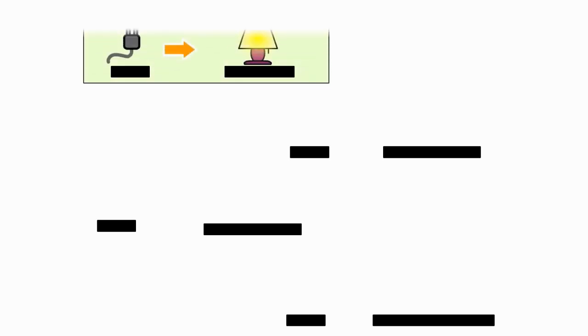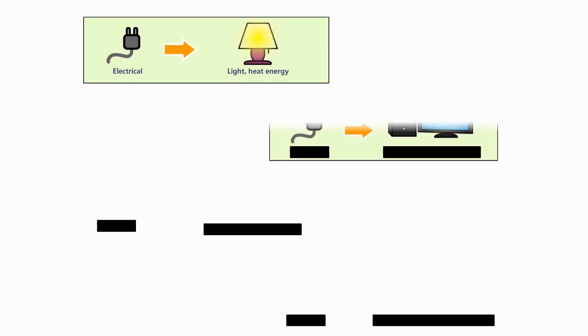Electricity has electrical energy. According to the law of conservation of energy, energy is neither created nor destroyed, but it is transformed from one form to another. Now in this case, the plug represents the electrical energy. When this electrical energy is given to the lamp, it gives us light and also it gets heated. So, in this case, the electrical energy is converted to light and heat energy.